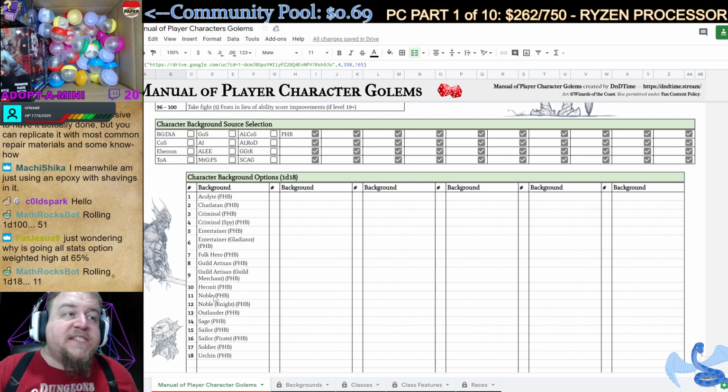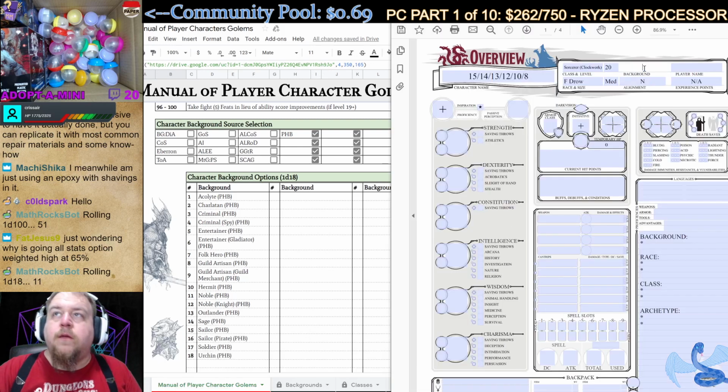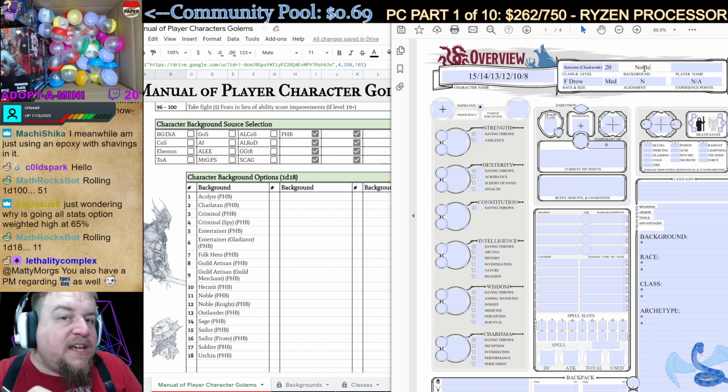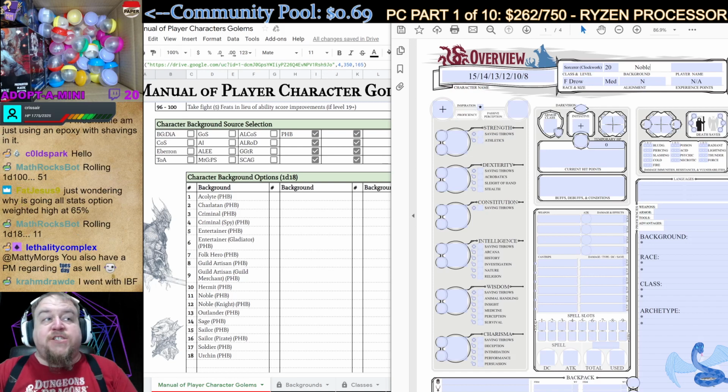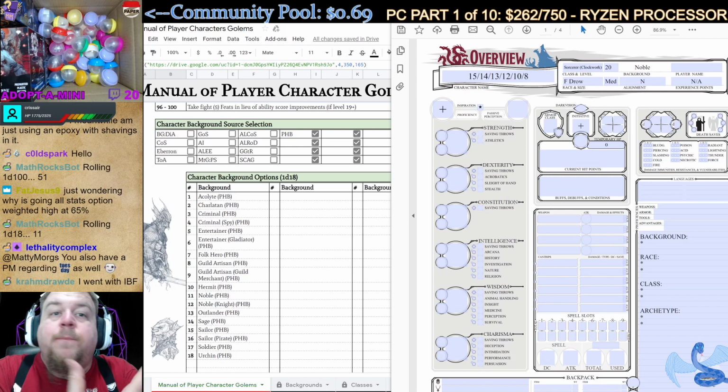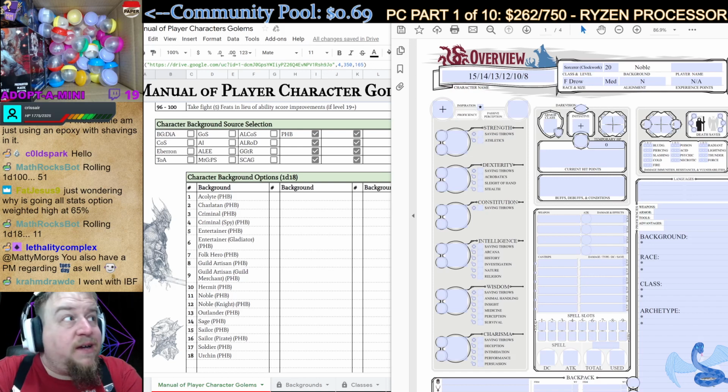Rolled an 11. She is a noble. We have a noble drow. Now, there's no sort of sub-background for this, but we will get to choose if she takes position of privilege or retainers. And Fat Jesus, the reason why I weighted it, it was a decision I made because